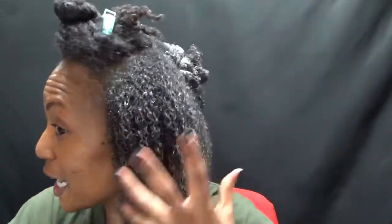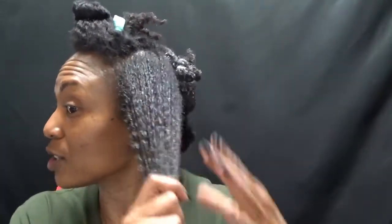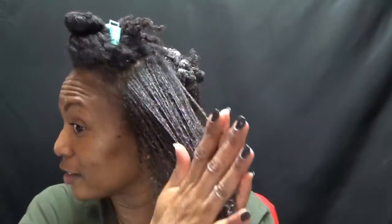So I take a few pumps of this first and foremost, and I just rub it through my hair. In particular, on the ends, because my hair was so dry. It's been over a week since I've washed it, and so it was just dry to the touch. I mean, crispy dry. So the first thing I want to do is loosen up the ends of my hair